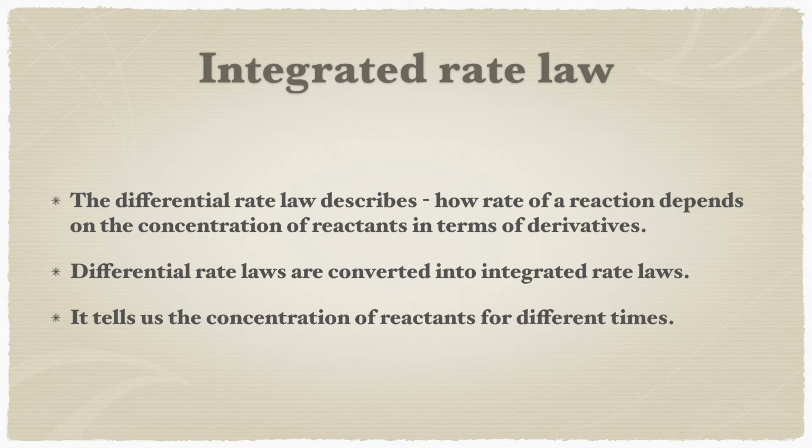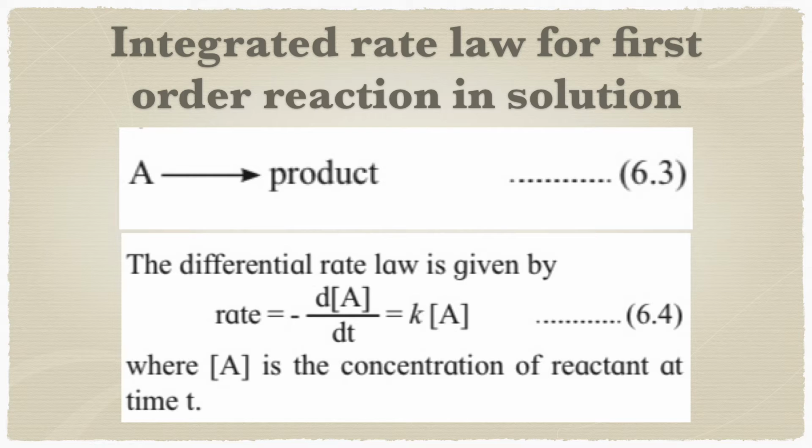So now we'll discuss it for the first order reactions in solution. First we'll consider the first order reaction, that is A going to product. Now why have I written A? Because we are concerned with the molar concentration of the reactant when we talk about rate law. We don't want the product side, therefore we simply write A going to product. Rate law is concerned with the molar concentration of the reactant, so we write down A going to product.